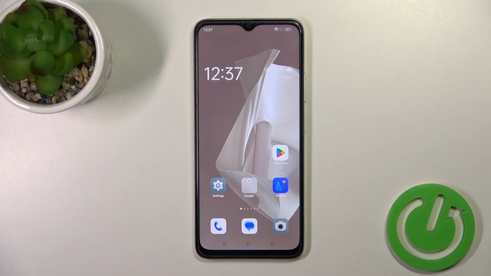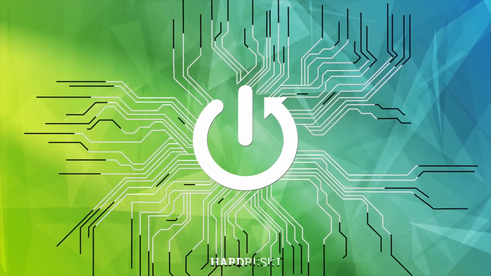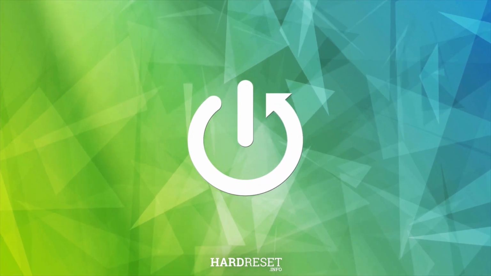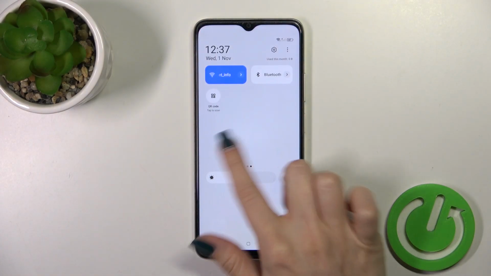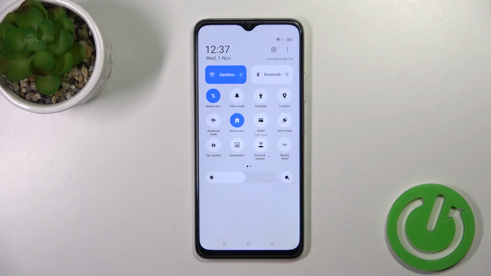Hi, this is the OPPO A38 and I'll show you how to edit notification panel shortcuts on this device. So let's open first the control panel, and if you want to add here some options or remove some of these current options,